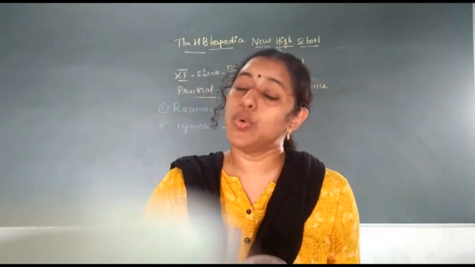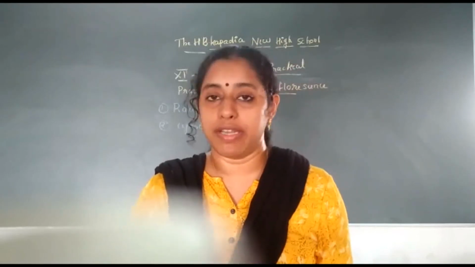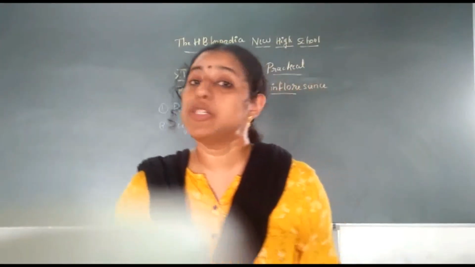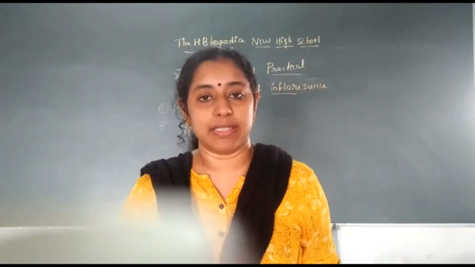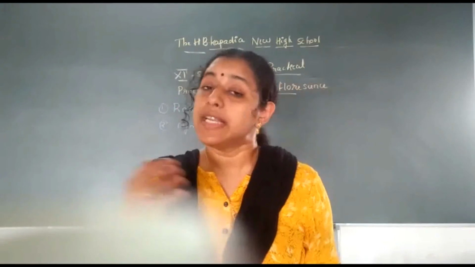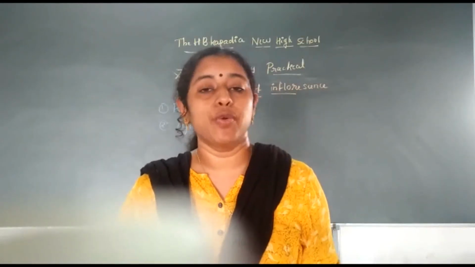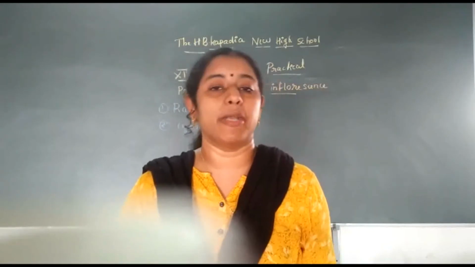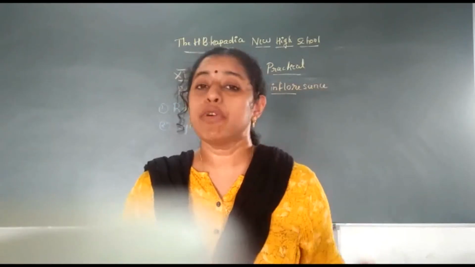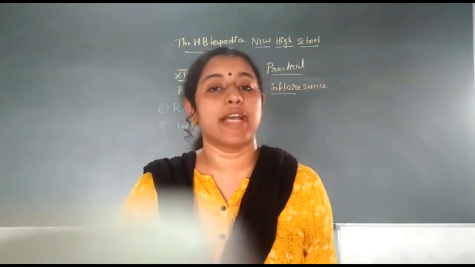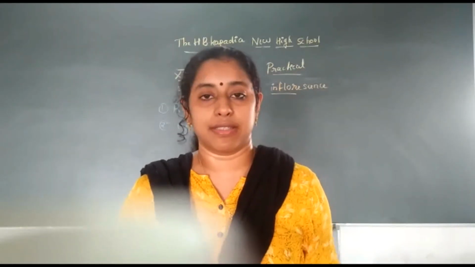So, these are the two examples for racemose inflorescence. Now I am going to show you some examples of cymose inflorescence. Cymose inflorescence is further divided into uniparous cymose and also biparous and multiparous. In a cymose inflorescence, the flowers are normally borne on the lateral side of the floral axis.